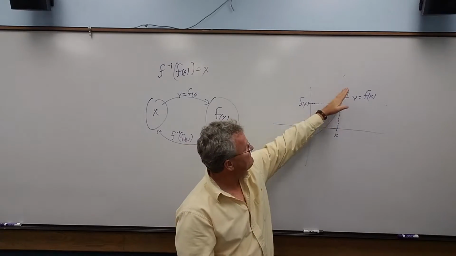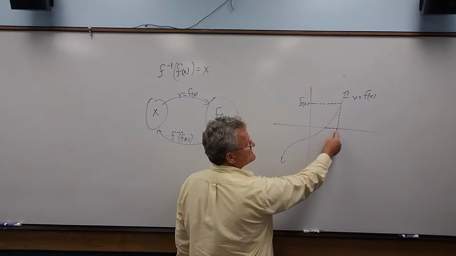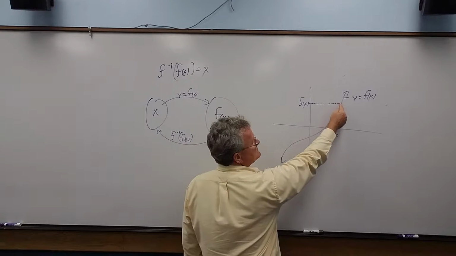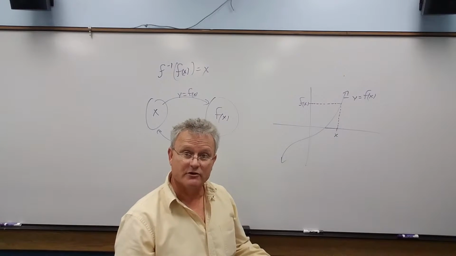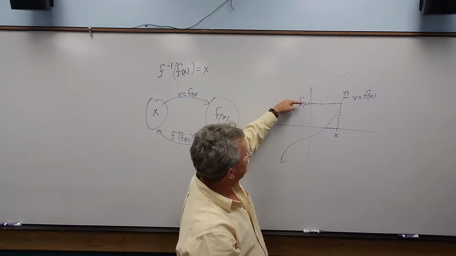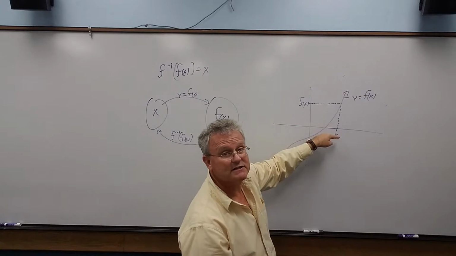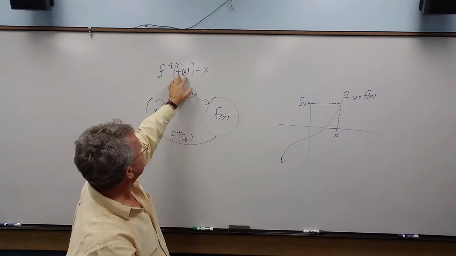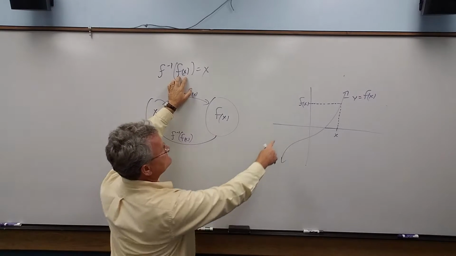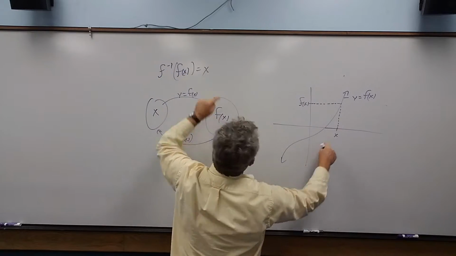If this graph here is y equals f of x, when we take an x value and plug it into our function, what comes out is our f of x value, y value, which is f of x. When I plug this f of x into the inverse, it takes me back to x. So that's exactly what this is. I'm plugging my f of x into my inverse, and when I do it, it just takes me back to